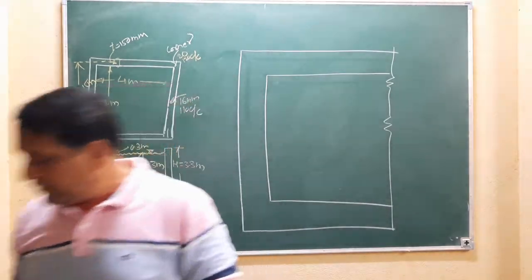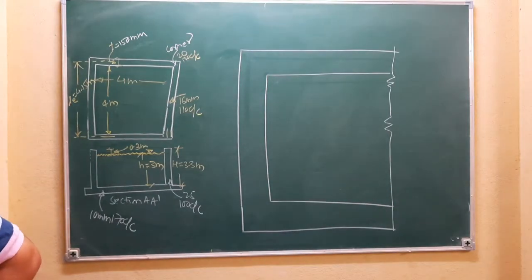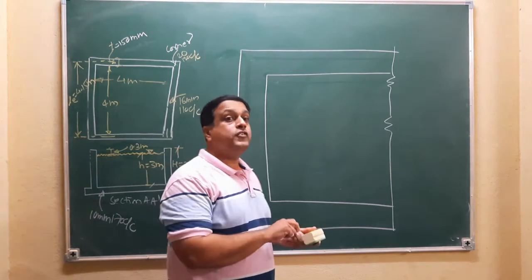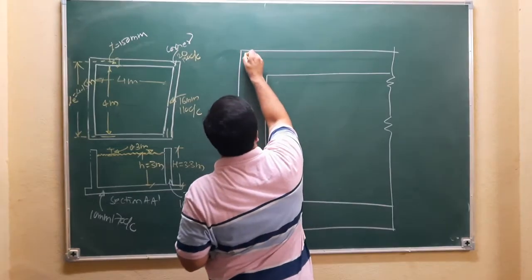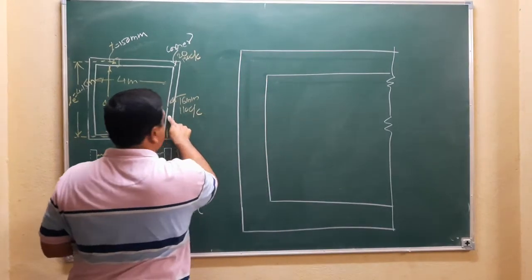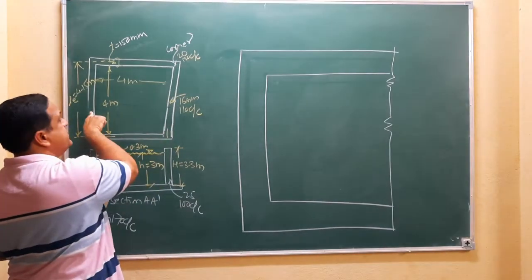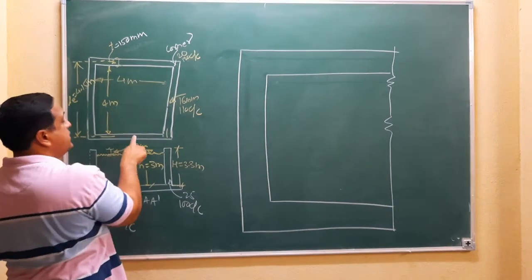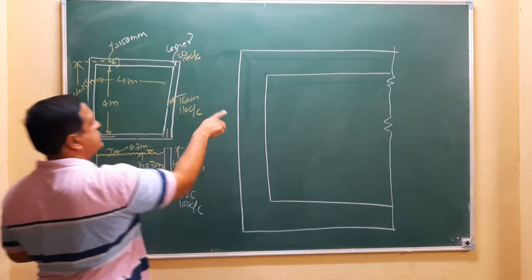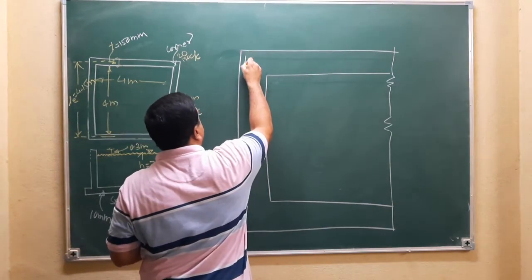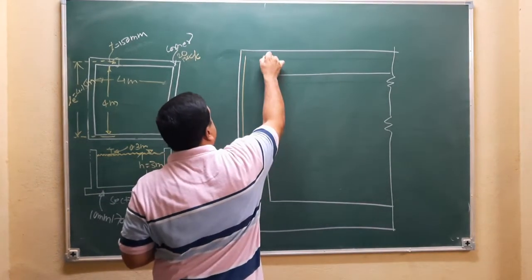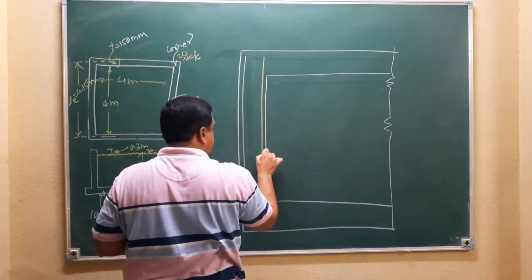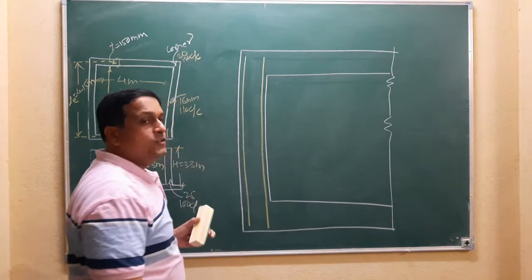So always the predominant force is horizontal steel. So provide the horizontal steel first. So this is a mid span steel. This wall has the same design, this wall has the same design, this wall has the same design. So this is this wall. So mid span horizontal steel you have to provide like this, both ways. So this is mid span horizontal.